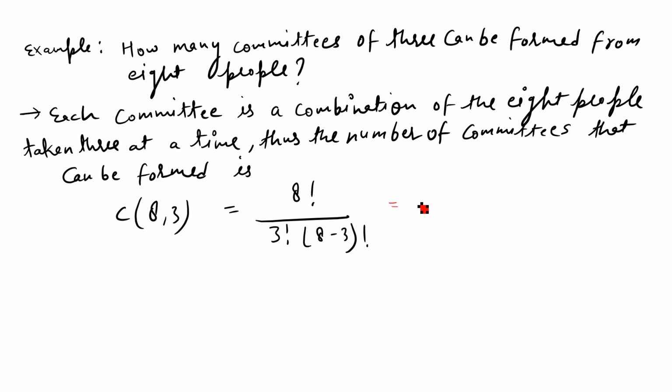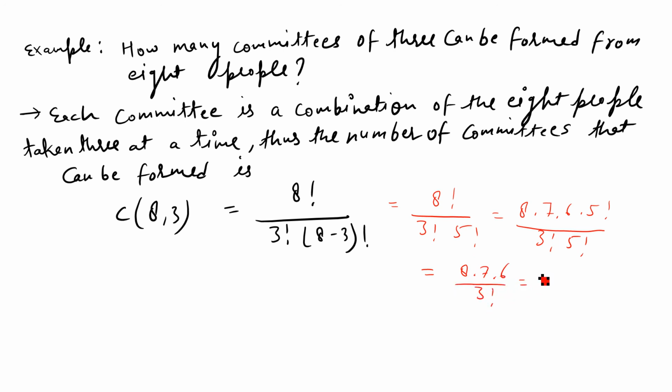So which is equivalent to 8 factorial by 3 factorial into 5 factorial. So which is 8 into 7 into 6 into 5 factorial by 3 factorial 5 factorial. So which would be equivalent to 8 into 7 into 6 by 3 factorial, and 3 factorial is equivalent to 6. So this is 8 into 7, which is